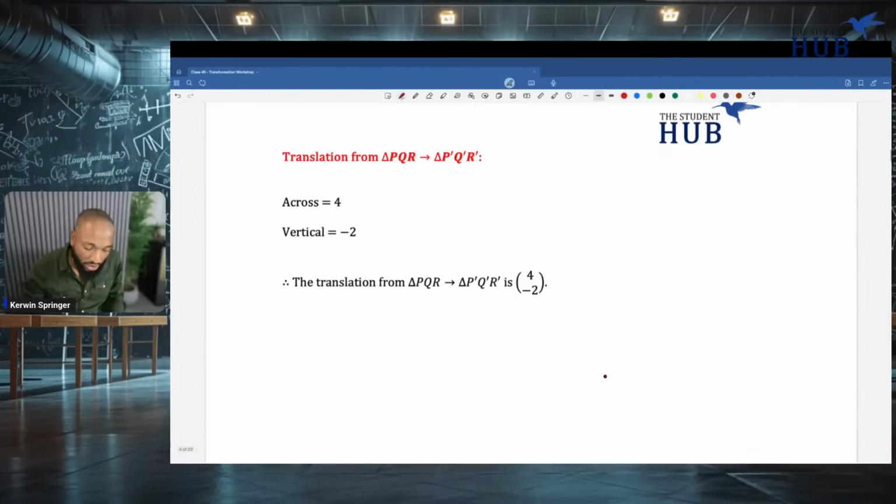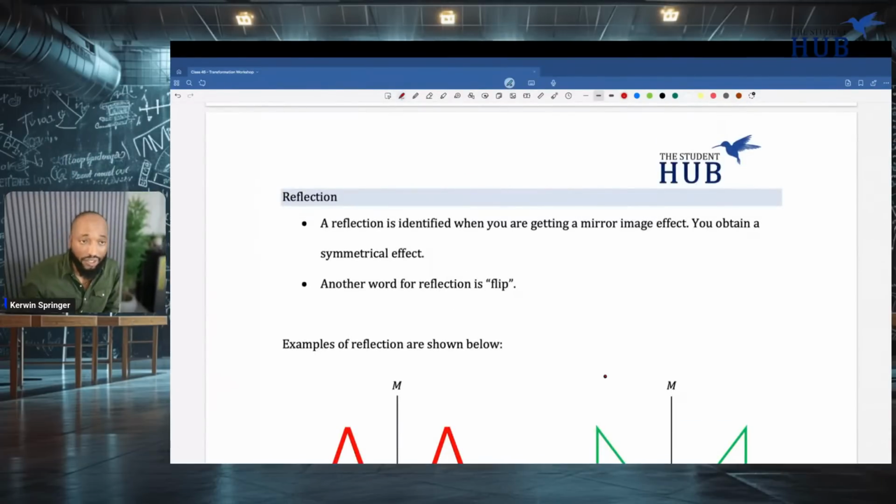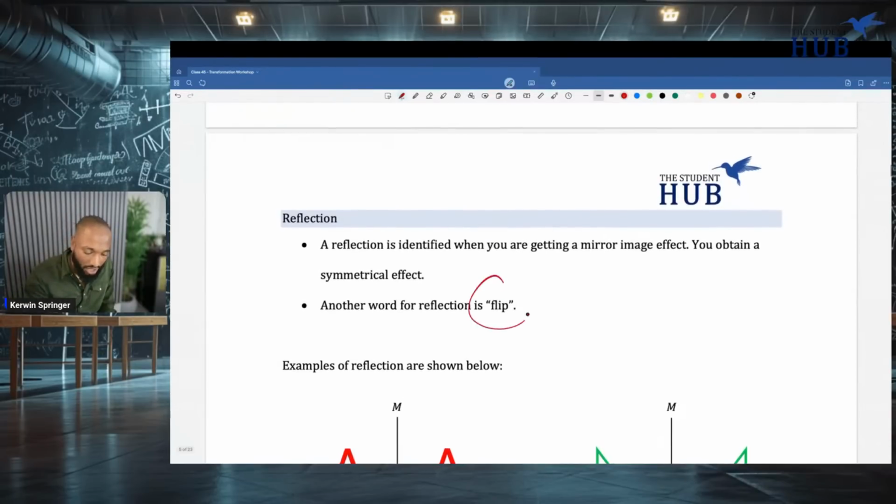So let's move into the next one. Now we're going in order of difficulty. So usually the last one will actually be the most difficult, but they're not very difficult from this perspective. It's only when they get into matrices that you have some challenges. A reflection, the other word for reflection out here is flip. People love to use that word, but we big now, so we'll call it a reflection.